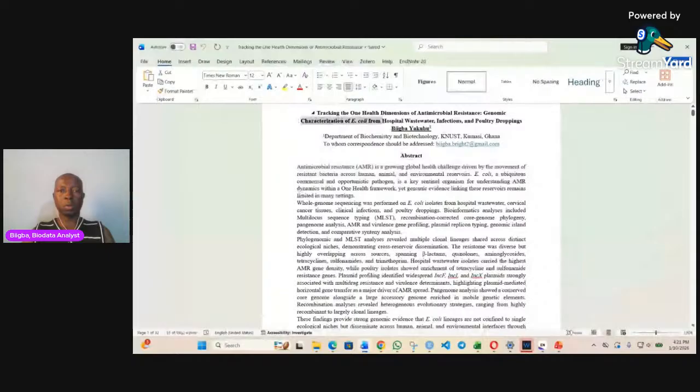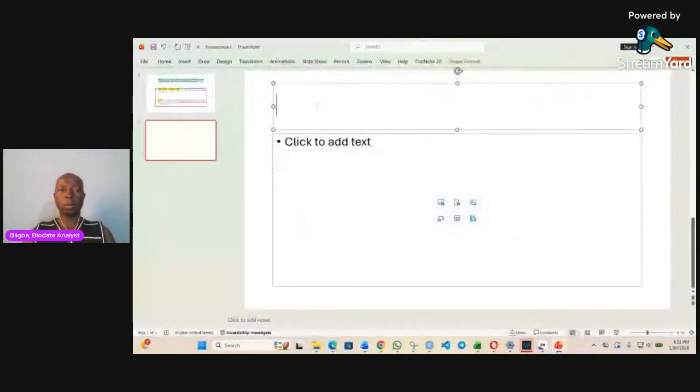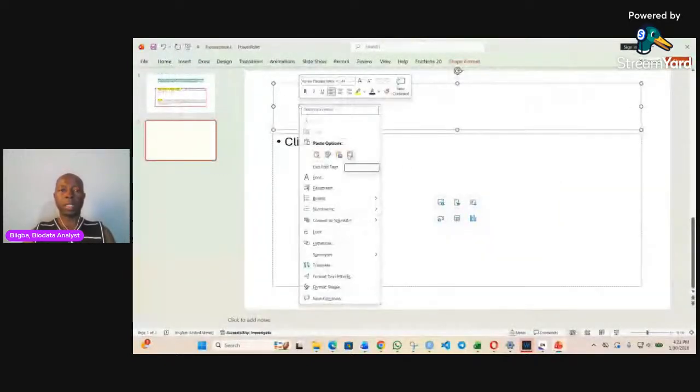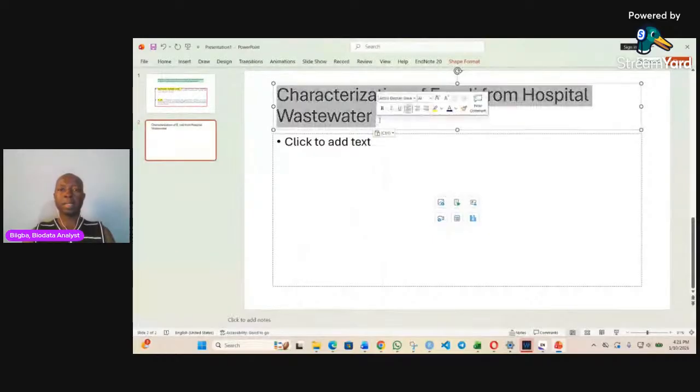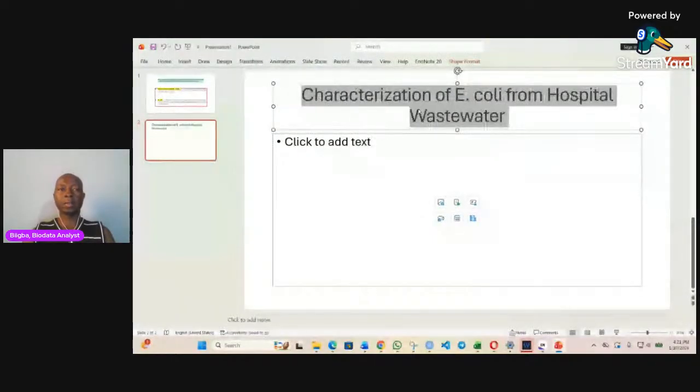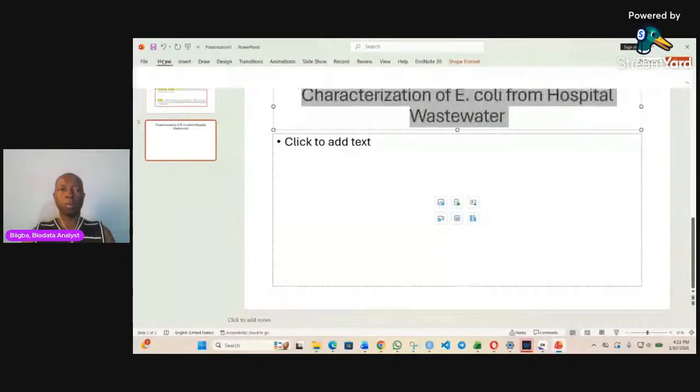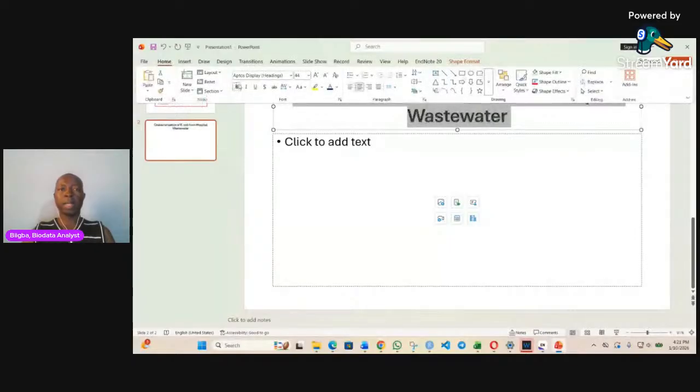okay, I'm just going to pick this and then copy it and come and say, that's my title. Then I'll click where the title box is and paste it over there. Then I'm going to highlight it and center it, center aligned. Then I can come to Home and bold it, and then choose the font style that I want, Times New Roman. And maybe the font size, I reduce it to, let's say, 36,